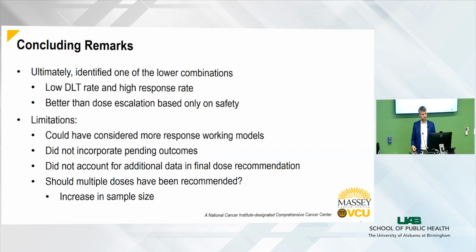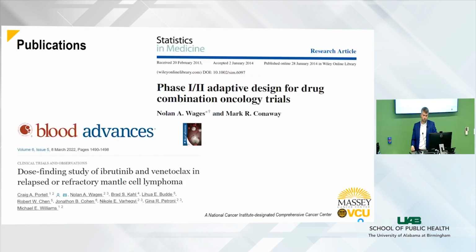And so should we have recommended multiple doses? Maybe we take B and C forward and do some randomization just with those two after the study. I think that these could all have been perhaps considered. The last one would obviously have resulted in an increased sample size. We need to get enough information on more than one dose level. If you're interested in this work, there's the methodology that was used. There's the final paper. As I mentioned, you can see the supplemental has